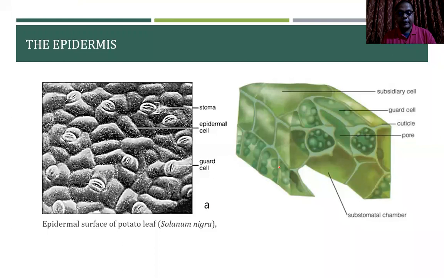The outer cell walls of the epidermal cells are sometimes thickened and are usually covered by the waxy layers of the cuticle. The waxy cuticle inhibits the evaporation of water through the outer epidermal walls. Because the cuticle blocks most of the evaporation, openings are needed in the epidermis for controlled gas exchange. These openings exist as small pores lying between the guard cells. The two guard cells plus the pore is what we call the stomata.